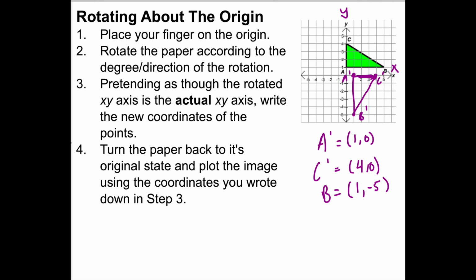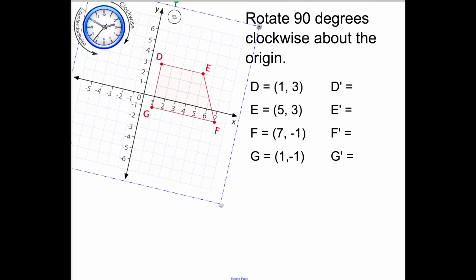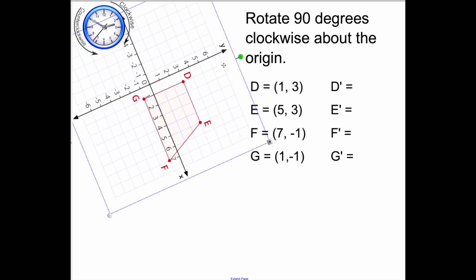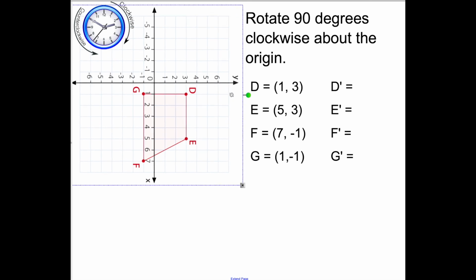All right, let's look at another example. We're going to rotate, again, 90 degrees clockwise about the origin. Pretend you're putting your finger on 0, 0. We're going to take our plane and rotate it 90 degrees, and I promise I'll get it right. There we go. So we've rotated our paper 90 degrees. Now again, we're going to ignore all of the numbers. I know it's really challenging, but pretend they were not there. So where does D look like it went to? If I look at point D, D appears